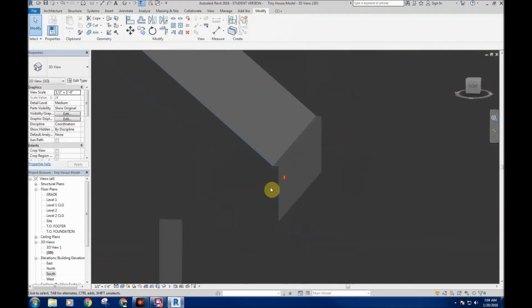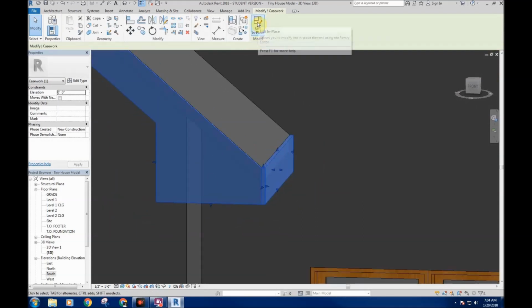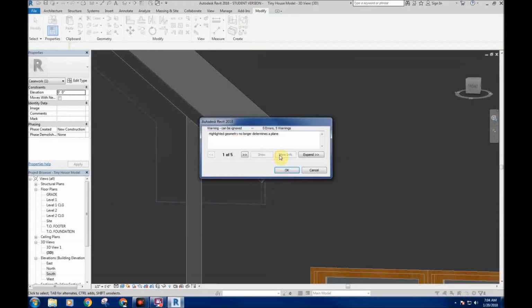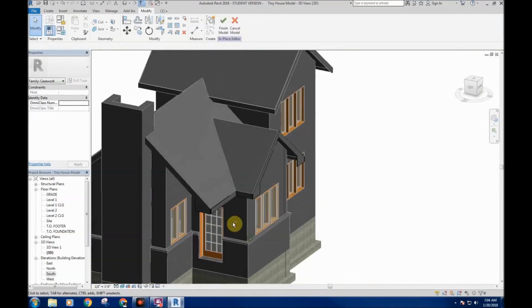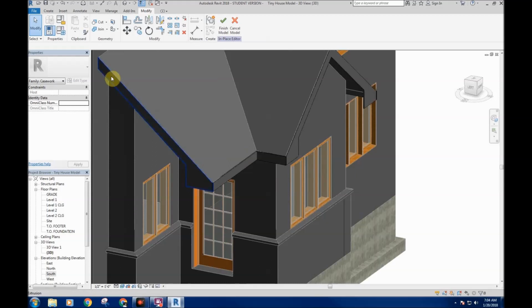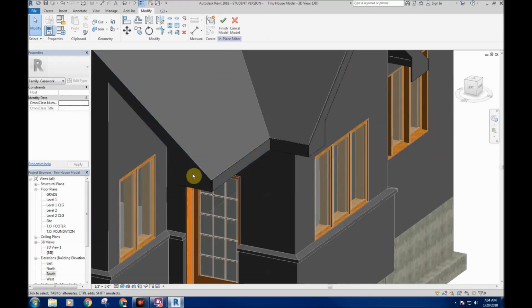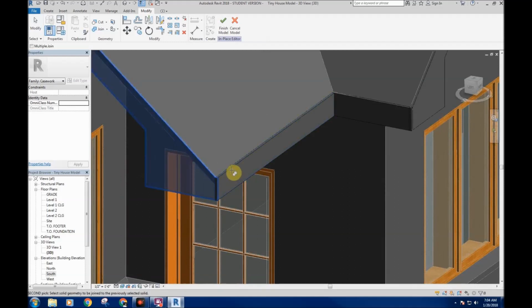I need to resolve that in my little family here. So I'm going to click on this, and then I'm going to go back into that editing mode with edit in place. Okay. And it gave me that error because I got rid of the fascia that was actually the work plane for everything else, but it doesn't really make that big of a difference that that's gone. So